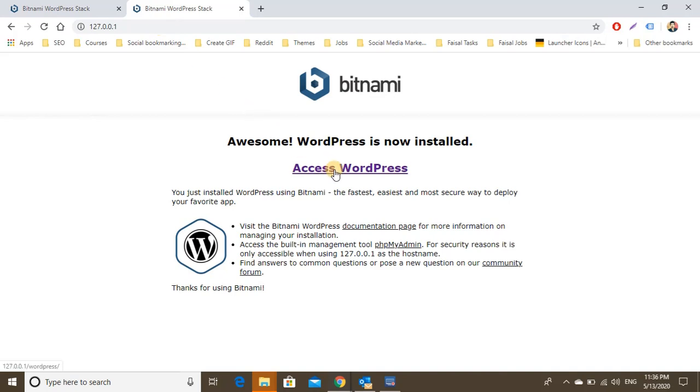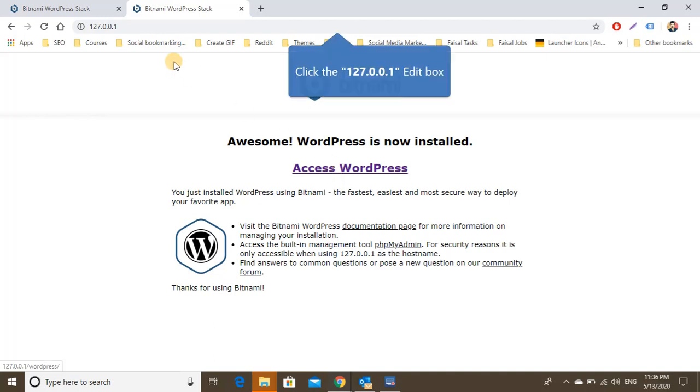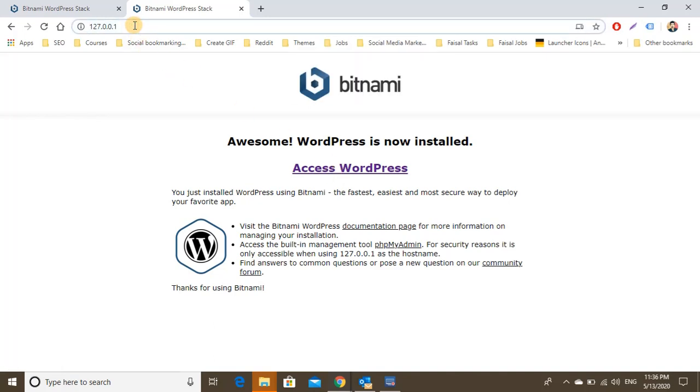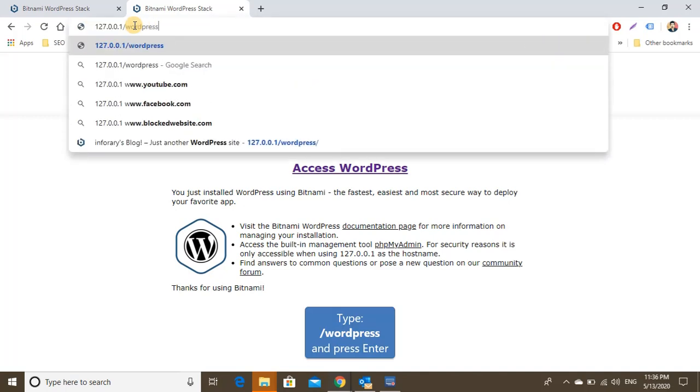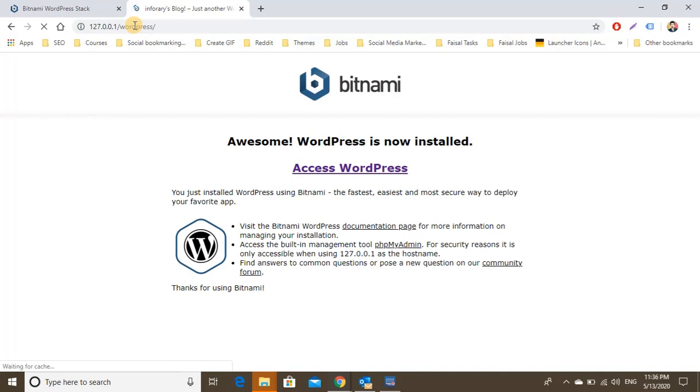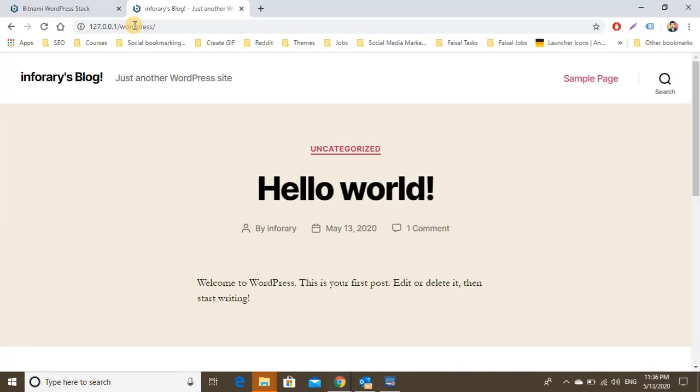Now if you click on access WordPress, it would take you to the user end. You can also write the folder name, like wordpress, and then press enter. It will open the user end, or the front end, of the website.